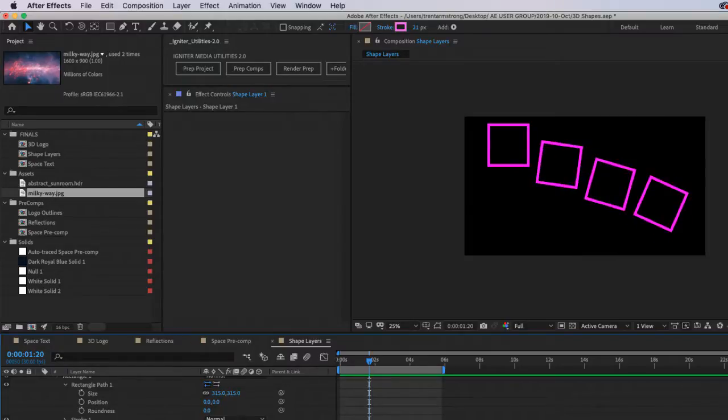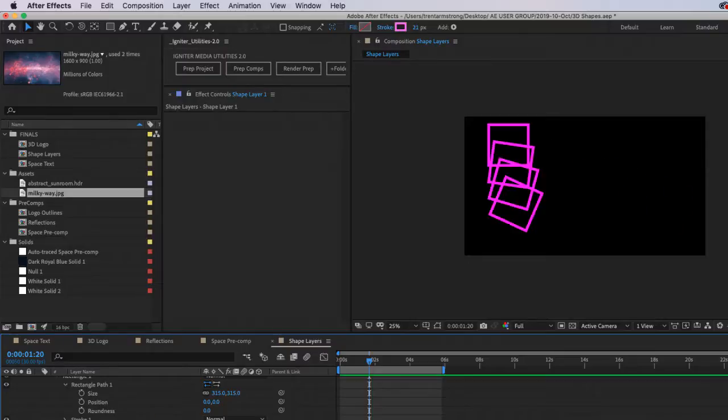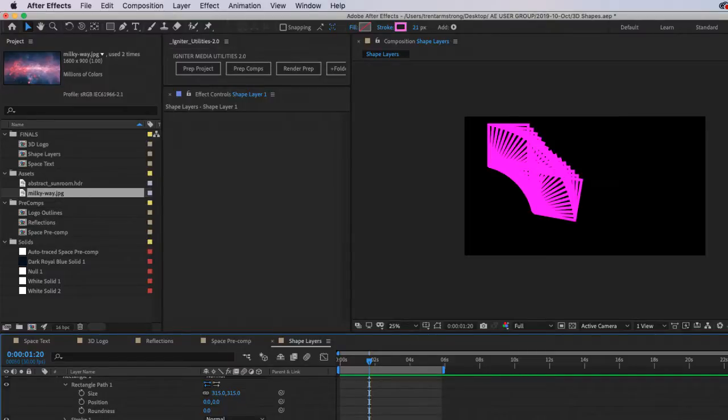I can get some interesting looks by maybe not offsetting quite as much, and rotating a little. I'm getting a spirograph kind of look, right? Cool.